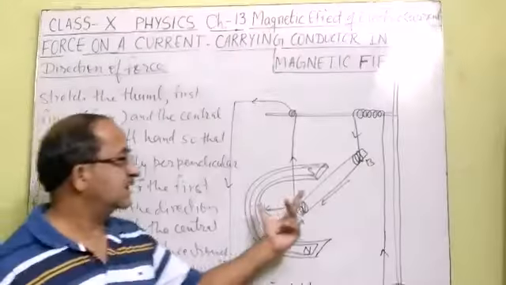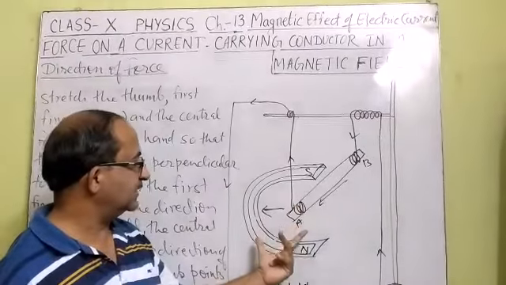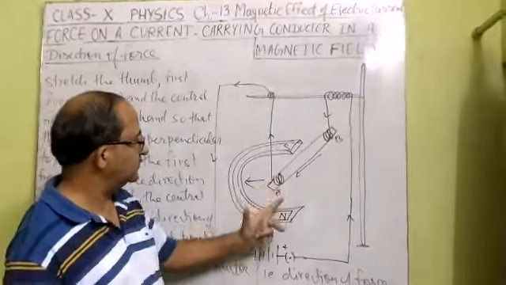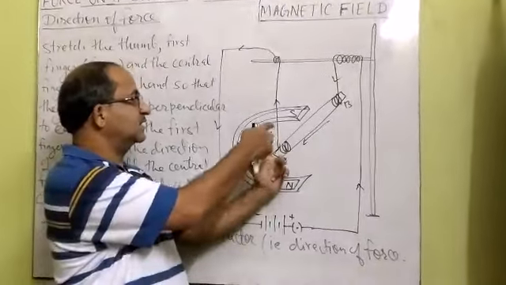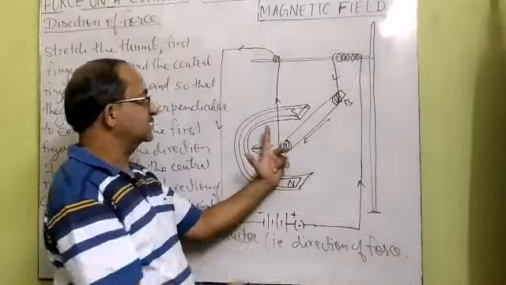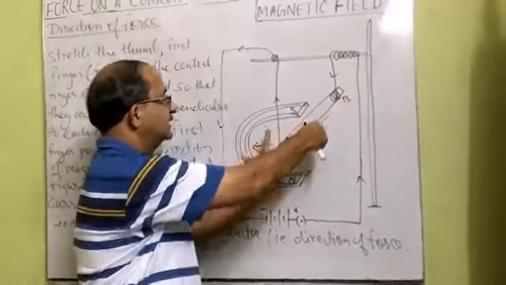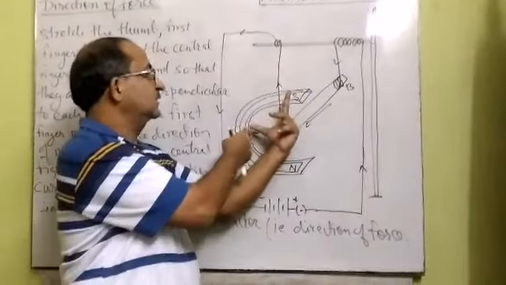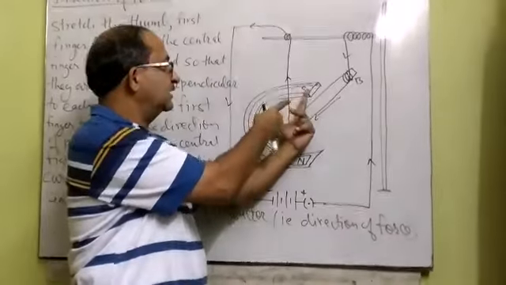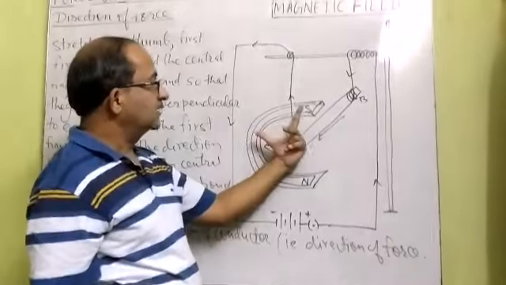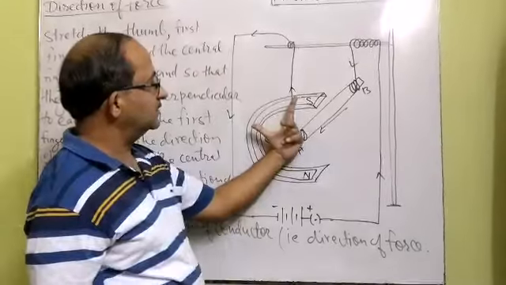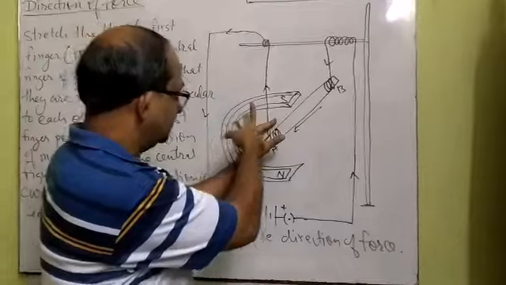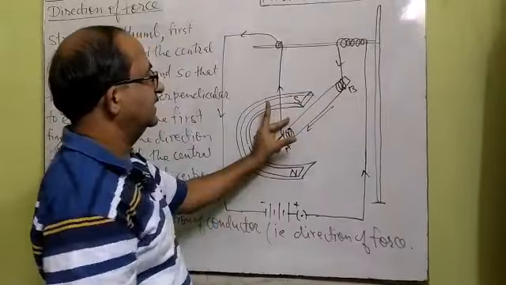You can see with the help of this activity that the magnetic field in this activity is towards the north to south, means in the upward direction. So we will keep this forefinger towards the upward direction, whereas the direction of current is B to A, means towards us. And then this thumb, which is towards the left side, means the coil will move towards the left side. But when we reverse the direction of current, this conductor will move in the right side direction.